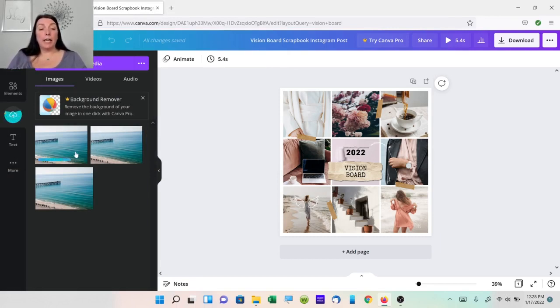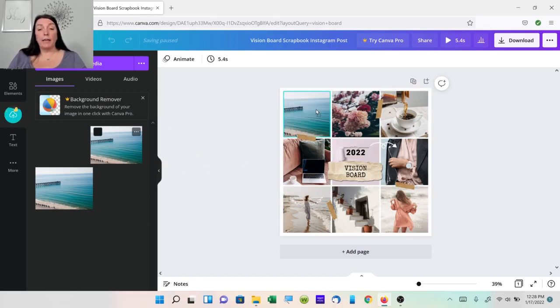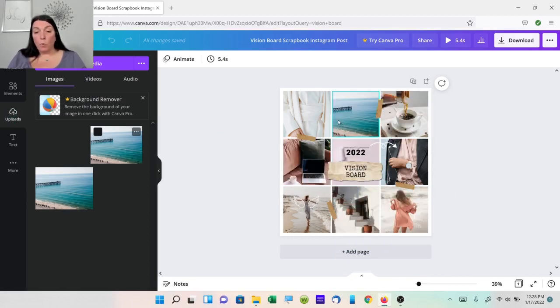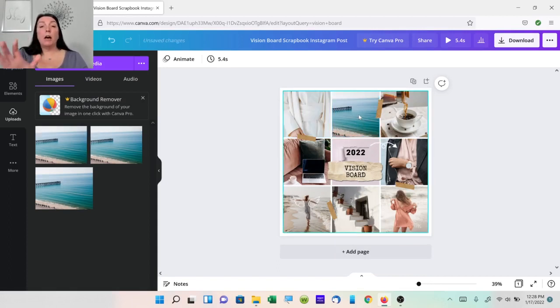So I can take this and I can drag it and put it in any one of these spots. So I'm going to go with maybe here at the top because it's at the top. Remember in the training, I talked about big goals being prominent, right?